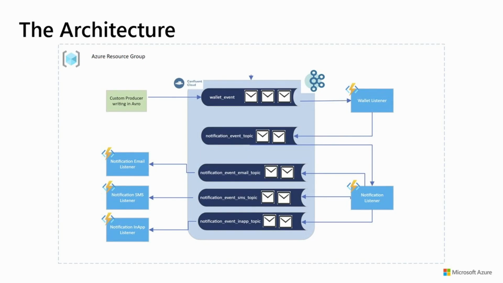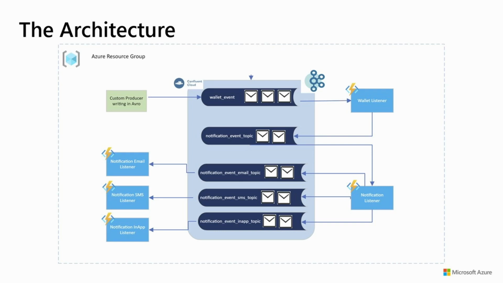Now let's look at the detailed workflow of this scenario. So the function apps are hosted on Azure Functions mapped to an Azure resource group, and these function apps are integrated to the Confluent Cloud instance hosting the Kafka brokers and topics. The Confluent Cloud instance was created using the Confluent Cloud for Azure Marketplace offering, which is mapped to the same Azure resource group. As you can see, the wallet producer is a local Java code which helps to produce wallet events into the wallet event Kafka topic hosted on Confluent Cloud. These events are currently produced in an Avro generic format into the Kafka topic wallet event.